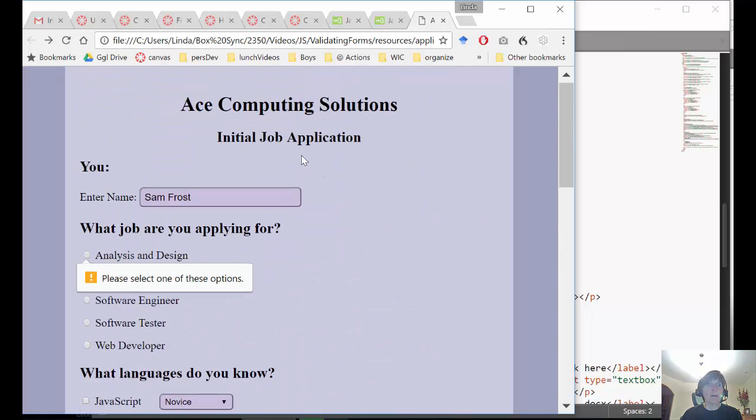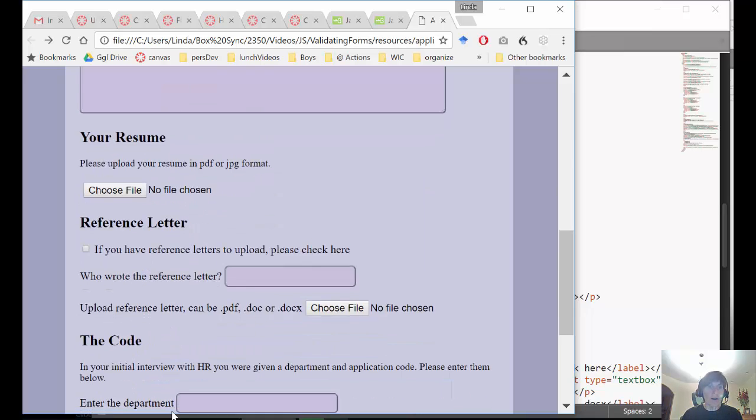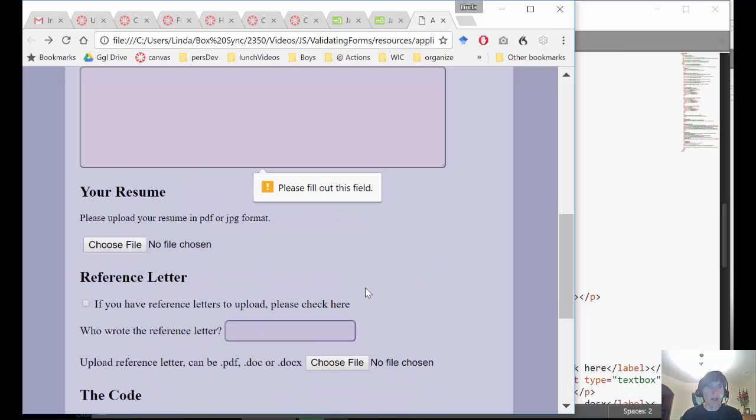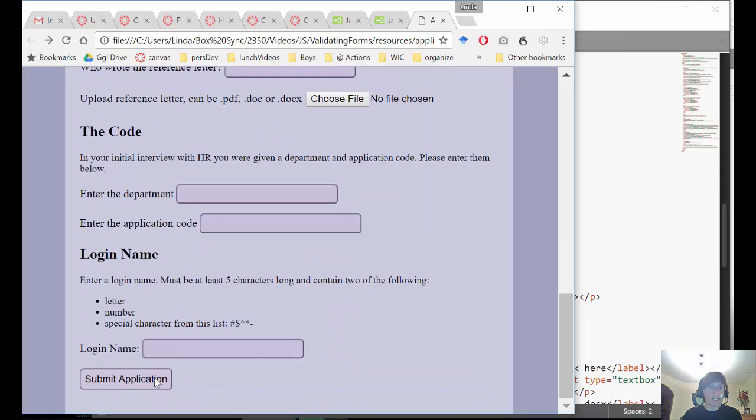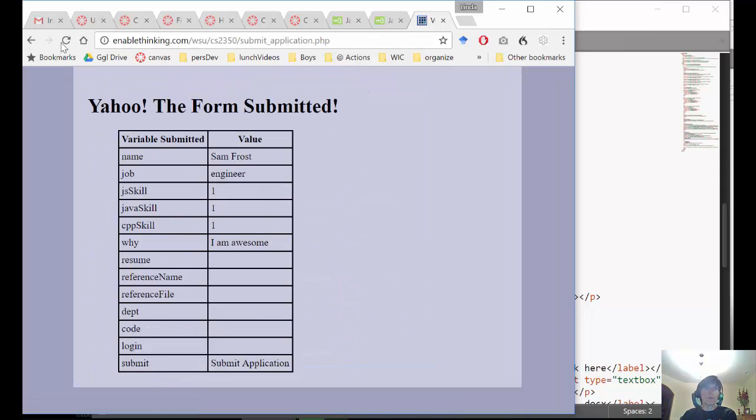And it comes back up and says, oh, you need to select one of these options. So I want to go in as a software engineer. So now I click submit, and it goes back at the top, and you must fill in this field. I am awesome. All right, so that's what it's doing, and this particular browser is making me do it. It's only telling me one at a time, so I don't get multiple messages,